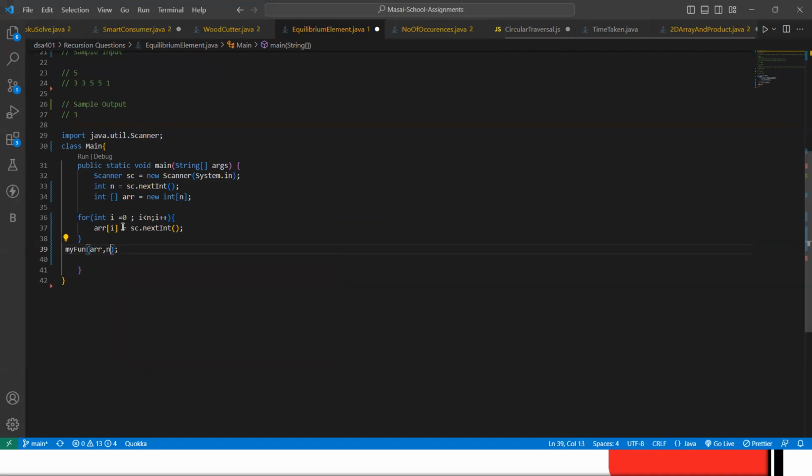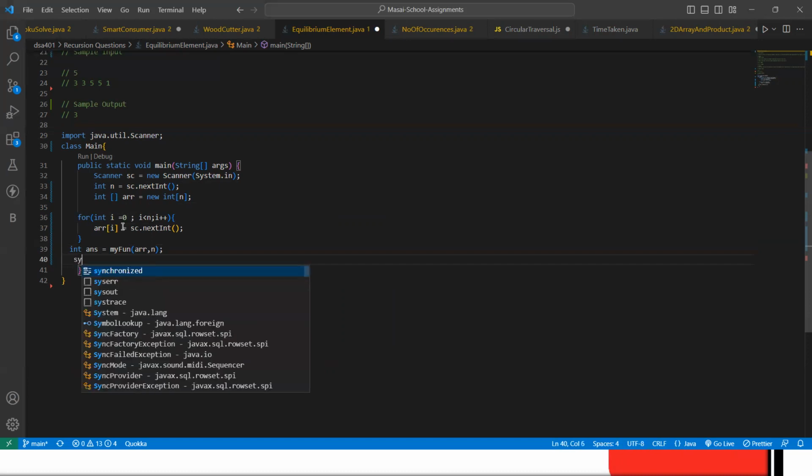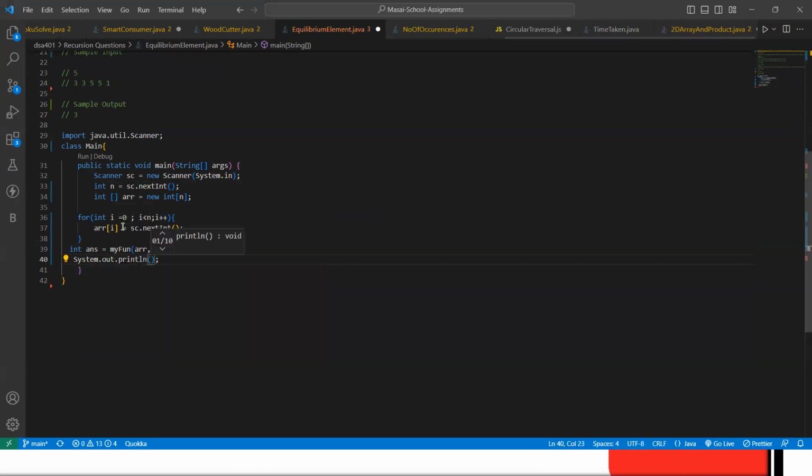This is the method that we are creating, and this method is returning some value. So I am storing it in an int, like int answer is equal to myFun(array, n). After getting the value in answer, we simply print the result, and here we write answer. So this is our method calling.